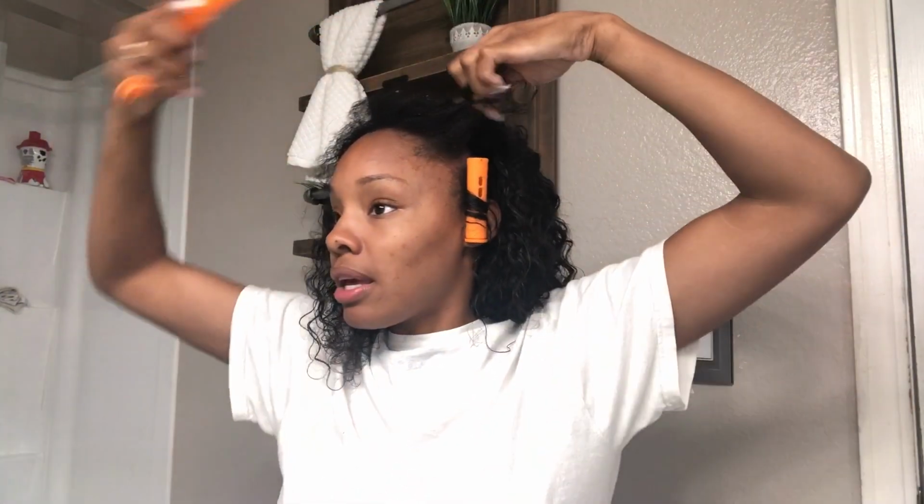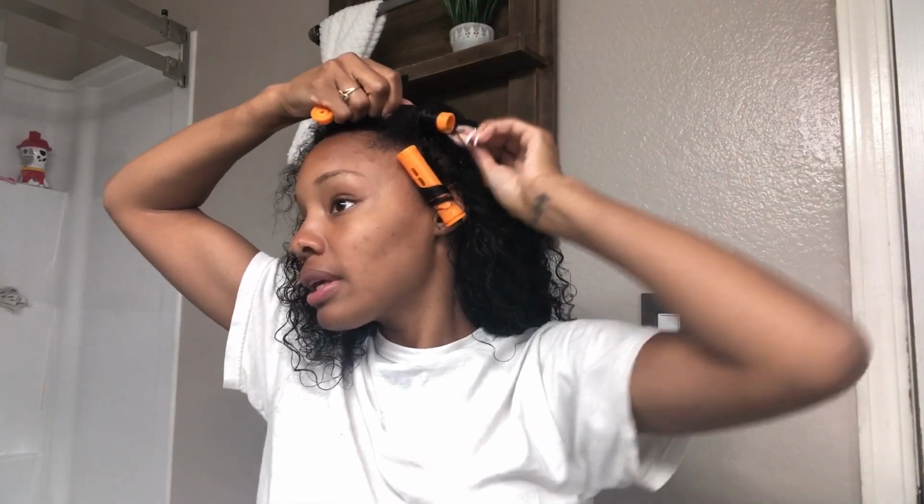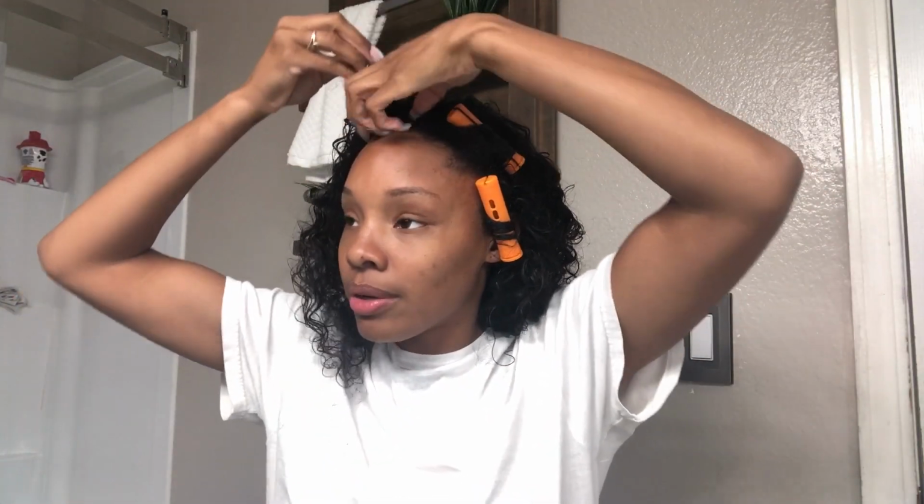So I'm gonna do the same thing for this. See, I'm twisting, I'm rolling my wrist, and I'm rolling my wrist, and I'm rolling my wrist, right? The end doesn't really matter because you can already re-wet that or whatever. So the trick of it is that you want to basically put the foam wrap on, wet your leave out, put the foam wrap on, and then after you put the foam wrap on,